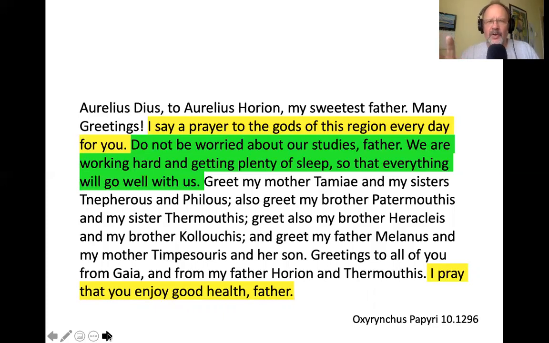Okay. So where did this letter come from? A lot of these letters basically come from garbage dumps in ancient Alexandria, Egypt. Now, from the Oxyrhynchus papyri. Papyrus is an ancient form of paper. Why were they found in these garbage dumps? Because the climate is so dry that ancient letters survived, whereas in other places they were being written. So they were being written in ancient Greece, but they didn't survive because the climate wasn't so dry. So they survived here because they were dry. So this was a letter found there.